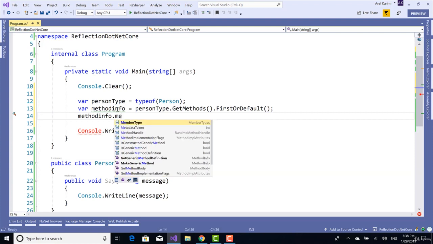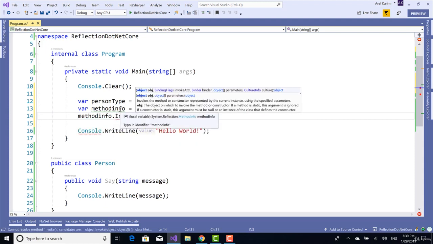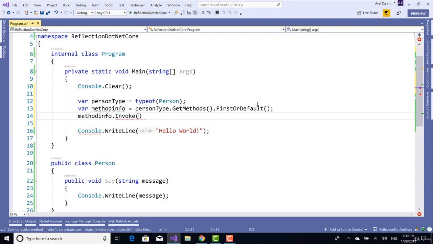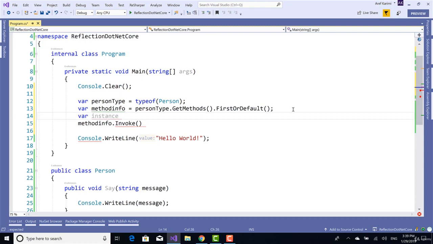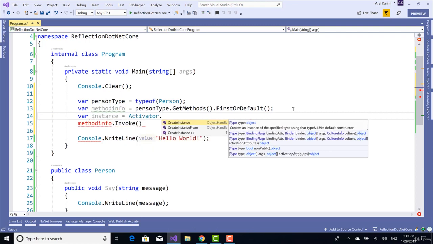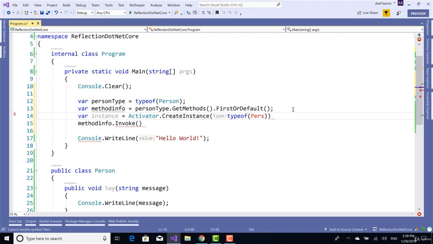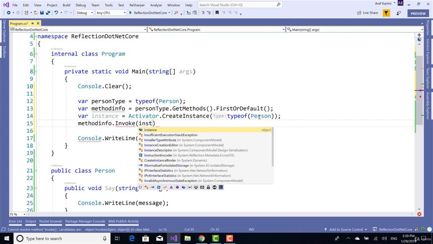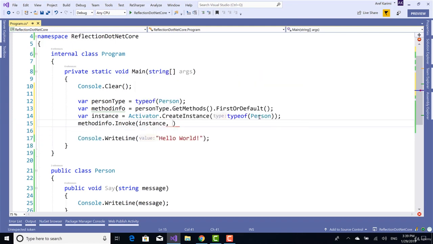One thing you can do with the method is that you can invoke the method. To invoke the method, you need an instance of this class first. So we can do it this way. We can say var instance is Activator.CreateInstance, type of Person. This is gonna create an instance, and we can pass that instance to this, and then you can pass an array of parameters. For example, for say, we can say hello,